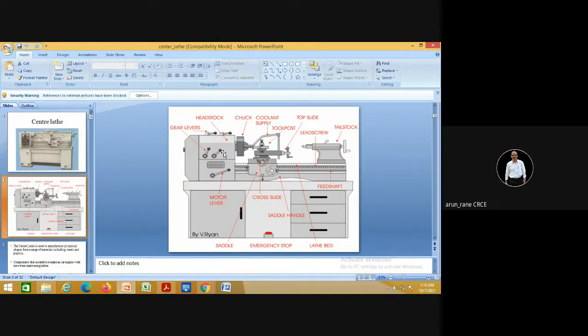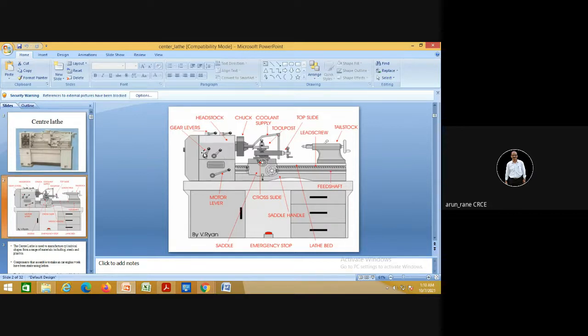So if you calculate the spindle RPM, suppose it comes to be say 285.23, that's what is your calculated value, then obviously you have to select the next nearest integer value, that is say 300.